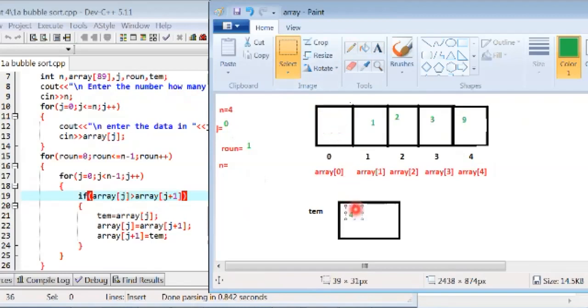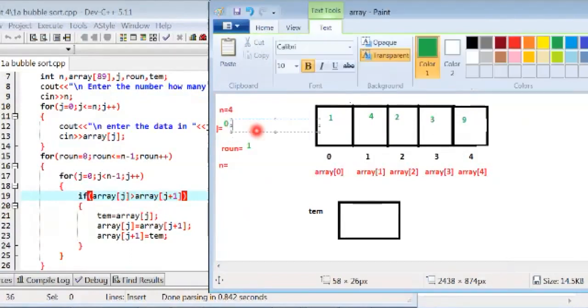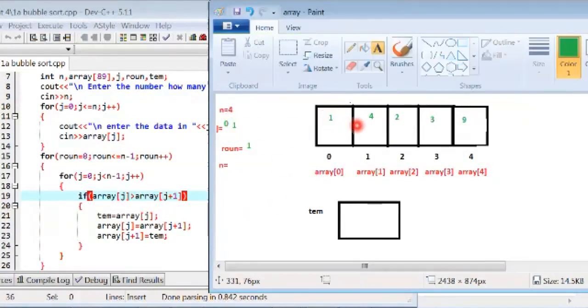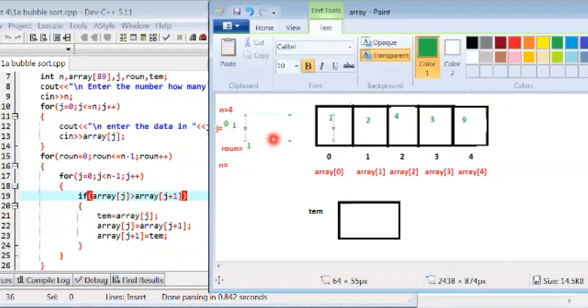This is inserted in temp, this is inserted here, and this is inserted here. The value of j is 1. The condition is true: 4 is greater than 2. The condition is true, then the values are swapped. This is inserted in the first block and this in the second block, and the value of j is 2.